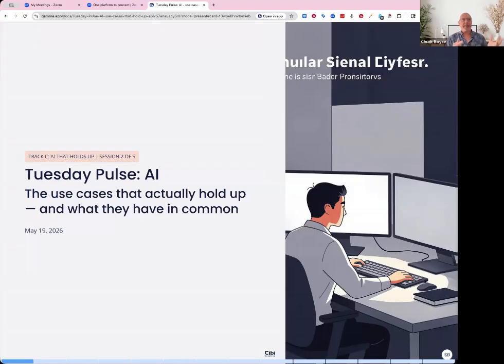It's a new track I created that talks more about the who, what, why, and where of AI in a business rather than track A. When I do those, they tend to be application oriented, new tools that you should be aware of. Track B is more business impact, and this new C track is more about how things fit into a business more effectively. So let's go on to the next page.